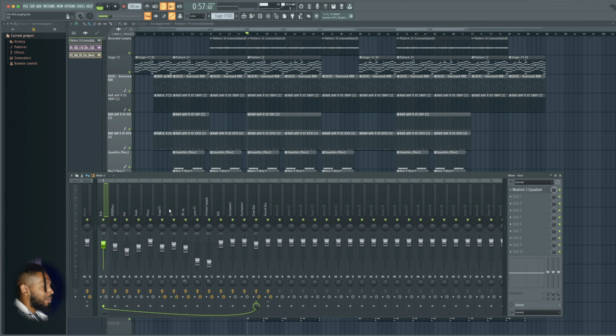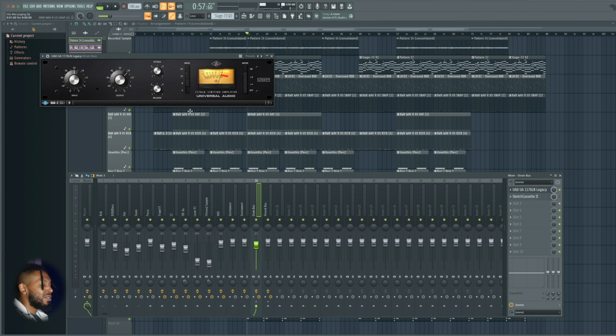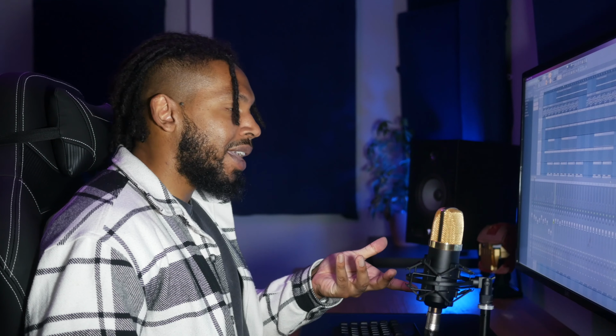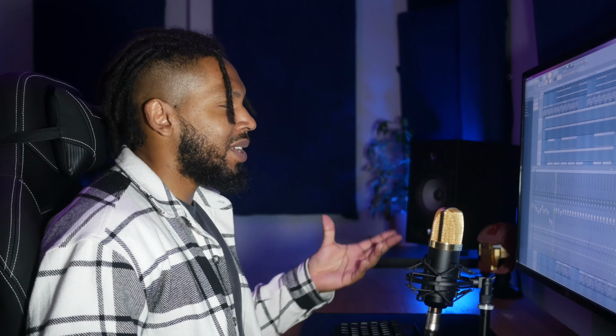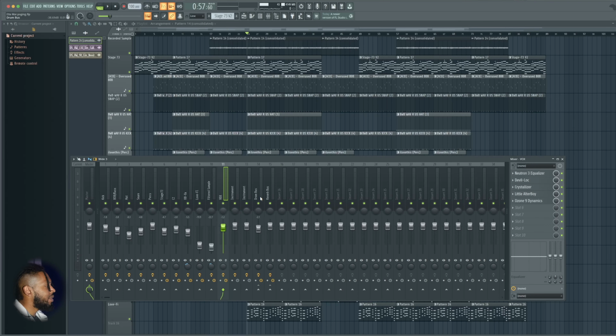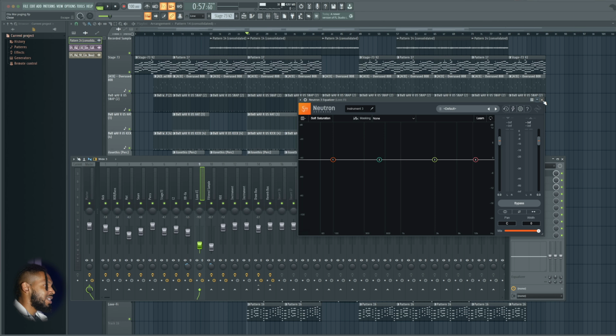Now, if I look at my processing for this beat, it's pretty bare bones. I have most of my drums just sent to a drum bus, of course, because I like to put them together, compress them so that they are more pronounced, you know, add some tightness to them. And when it comes to my instruments, the only thing that I used to have was a vocal sample. I removed it because I didn't think it was adding anything to the beat. This filtered sample, I broke down the processing on that, of course, and the rest really is just mostly EQ,